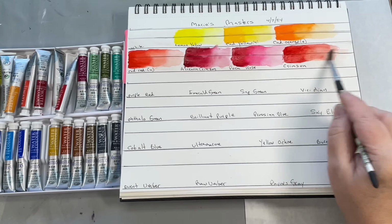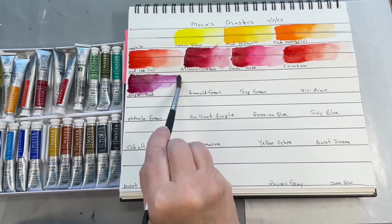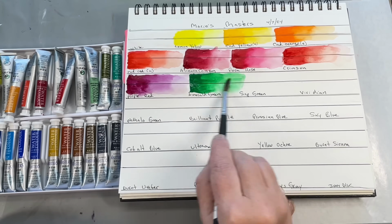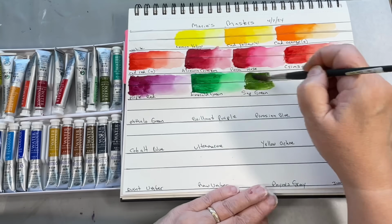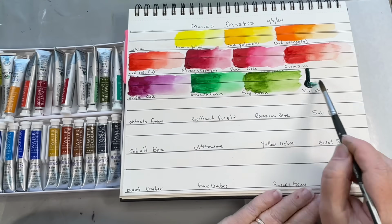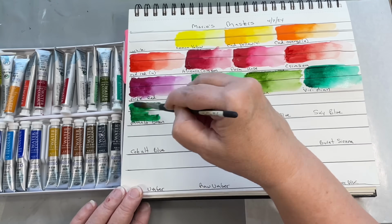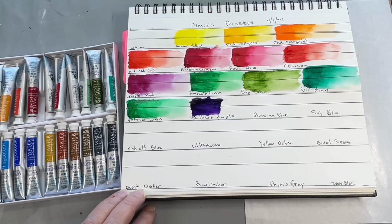They're laying down really nice. Next is purple red, PV19. Emerald green, PY3 and PG36. Sap green, PG7, PR101 and PY154. That one did have a little binder separation on it. Viridian, PG7, Phthalo Green, PG36, Brilliant Purple, PV23,